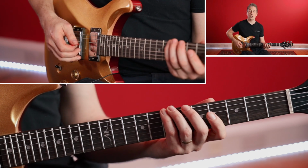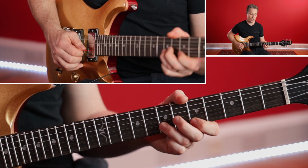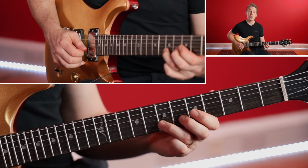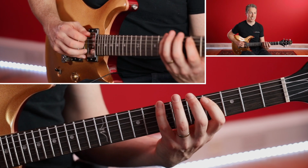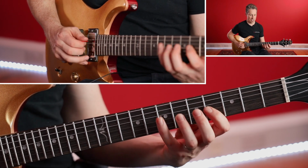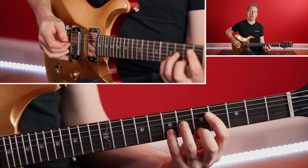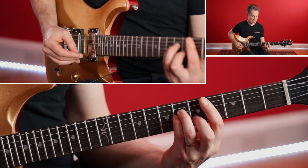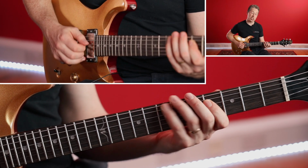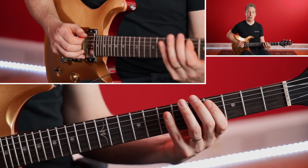Okay, and now I'm going to go to the F sharp minor, D shape, so I've got the arpeggio, then I've got the pentatonic box 2, then the full scale, then I'm going to go to the C sharp minor. I'm going to do the arpeggio, the pentatonic, the full scale,